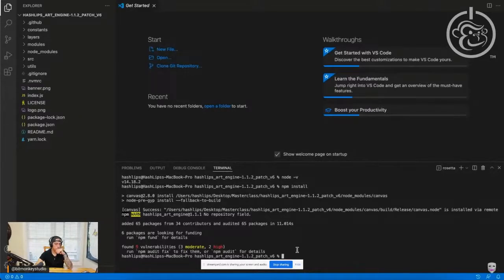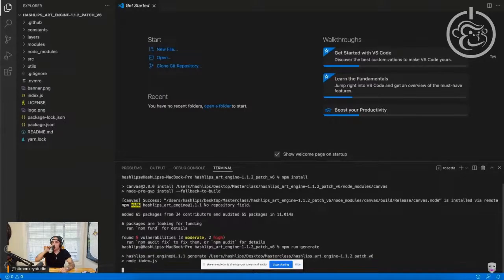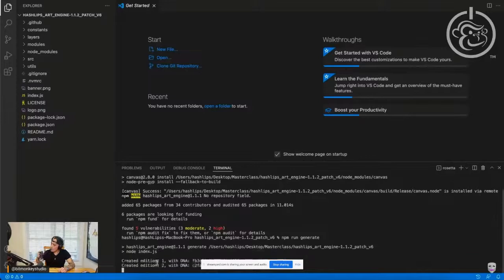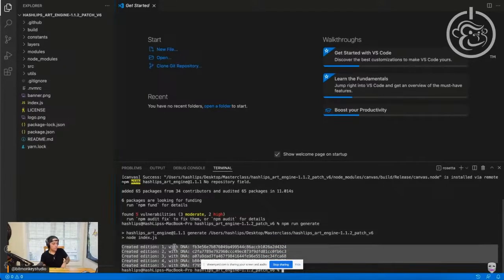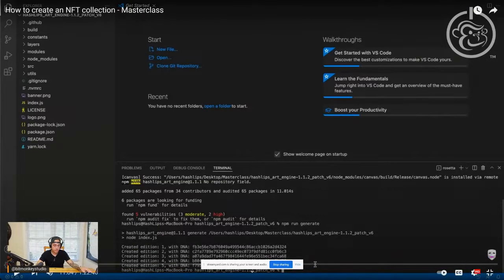Depending on your Node version, it might look different. But if something completely went wrong, we will find out in the next step. Mine has zero vulnerabilities. So after this, you're going to run npm run generate and hit enter. If you see this where it says node index.js and it created 5 NFTs, the images and metadata, then it means